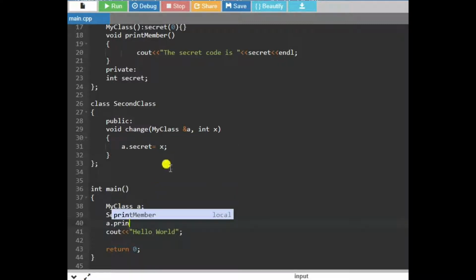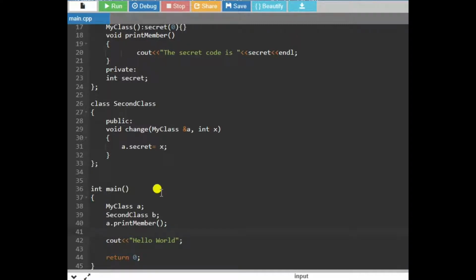What did I say? Yeah, print member. And do you give an argument? No, print member has no argument, so it'll print the default, hopefully. And the next thing's gonna be change. So b dot change. That's it. Change, and you're gonna give two arguments. One is a reference to my class variable, so that is a, and change it to maybe a 7,